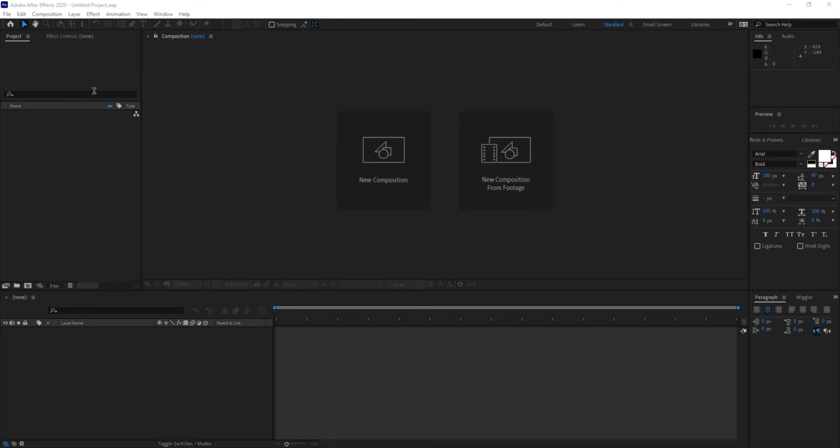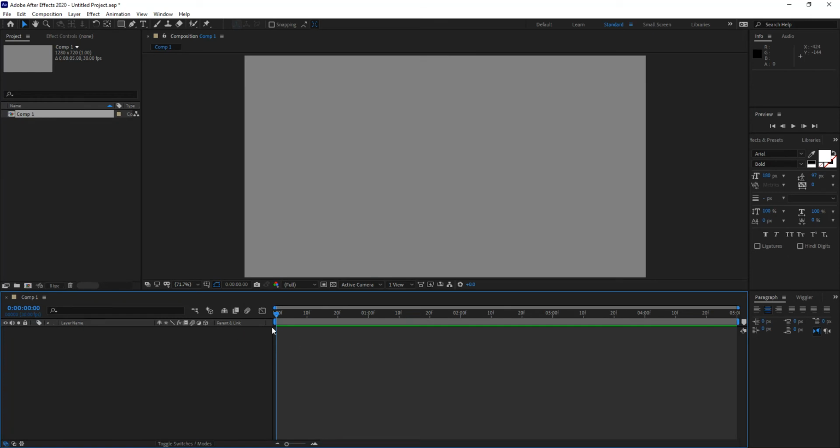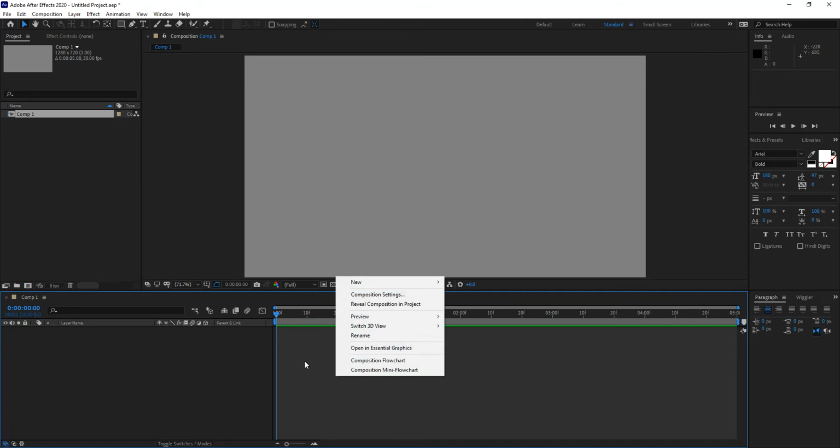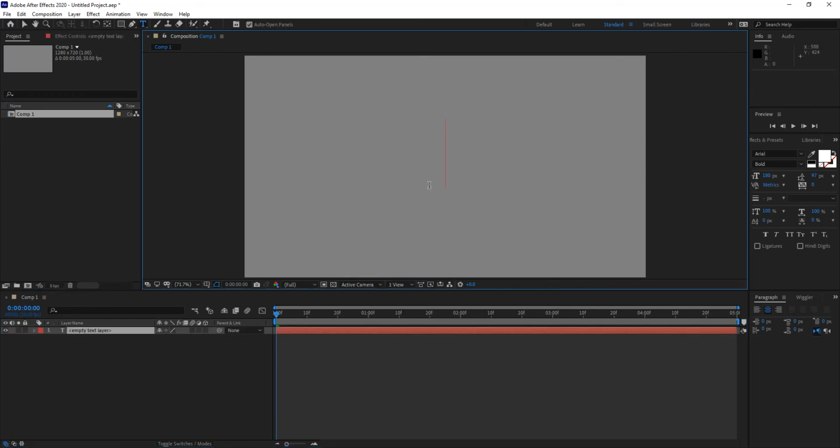So for this, we're going to go ahead and create a new composition. I'm going to notice that my settings are the same as the ones we used in the previous movies, so nothing changed. What I'm going to do in this composition is create a text layer. I can either create a text layer by going on the timeline and right-clicking and choosing new text, and then I start typing, which gives me a cursor in the middle, and it allows me to type. Or I can choose my text tool up here and start typing wherever I place my